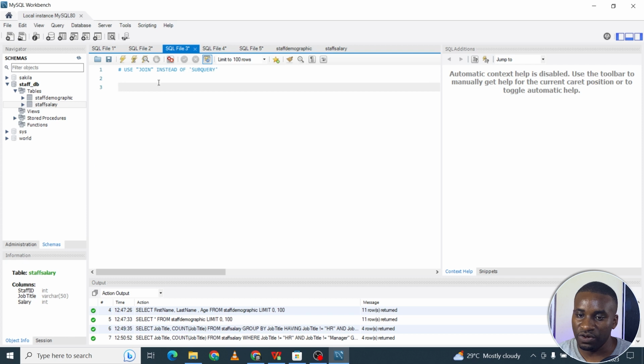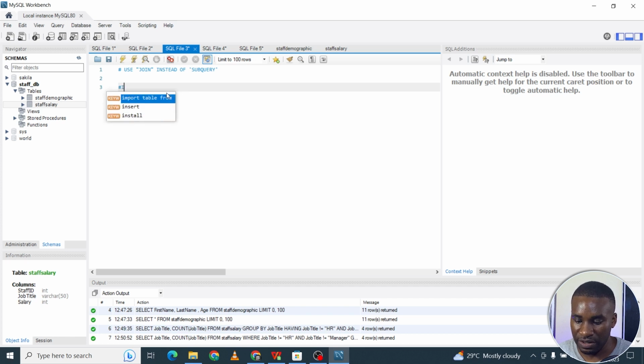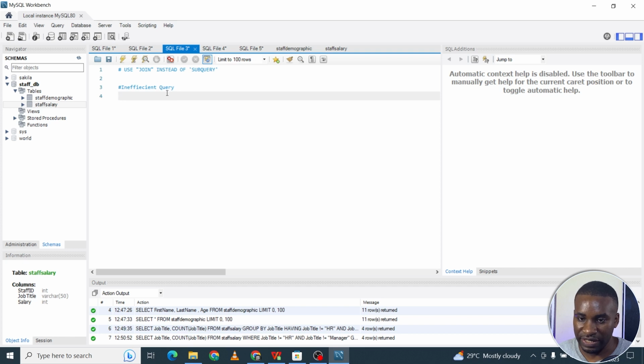So that's fine. Let's move on to the third tip, which is try to use more of JOIN instead of subqueries. So you might want to get joined data from the staff demographic table and the staff salary table, to maybe get, let's just say, the males who are age 40. So an inefficient query would be, you do a SELECT star FROM